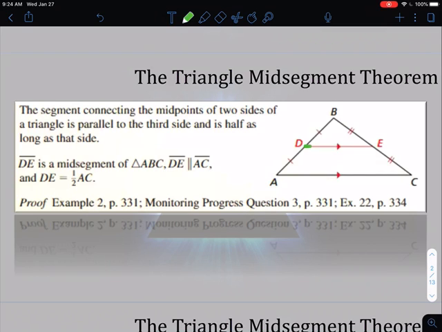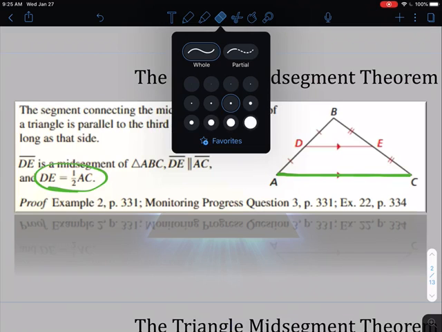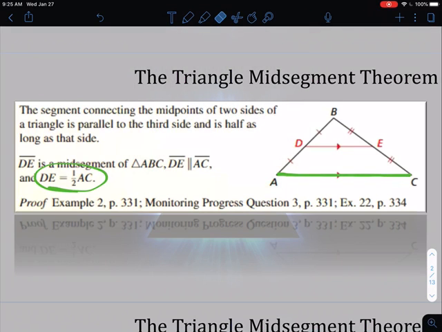Now the other thing is that when I look at this picture, so line DE was my mid-segment. The other thing that's important here is that that mid-segment is half the size of that third side. Meaning, if I told you that AC had a total length of 20, DE would be half of that length, and that would be 10. Or, in some of the problems that you might come across here, you have,